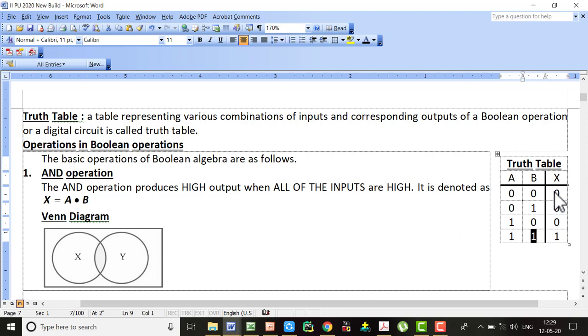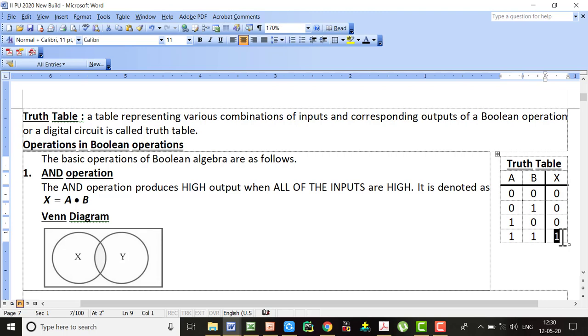In this truth table, you consider only that output which is giving you the high result. High is equal to 1. What I mean to say is, you just consider the output which is producing 1. Don't consider 0. If you consider this output, you can see in this truth table only this particular combination is giving you the result 1. And if you observe the inputs, both of the inputs are 1s, and the corresponding output is also 1. I repeat, inputs are equal to 1, so the output is 1.